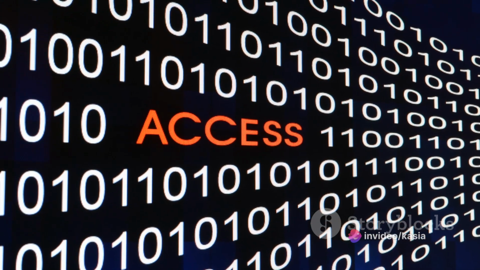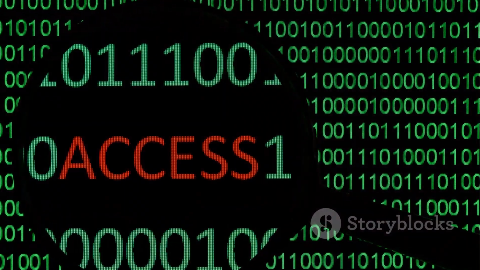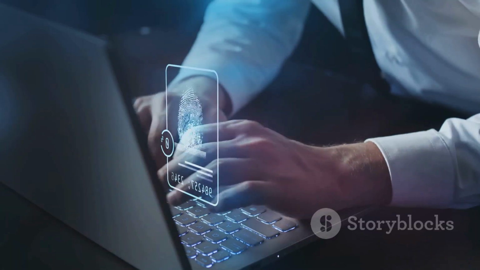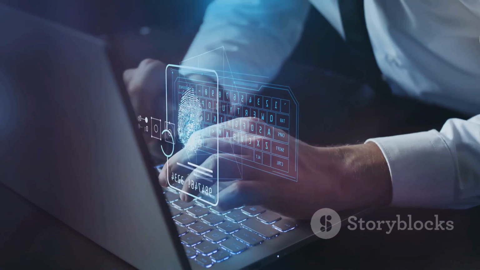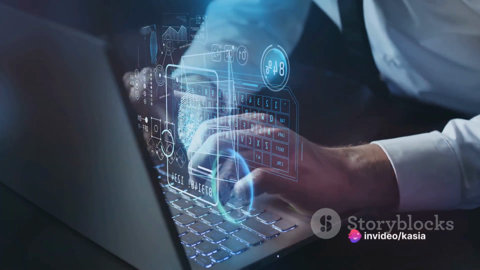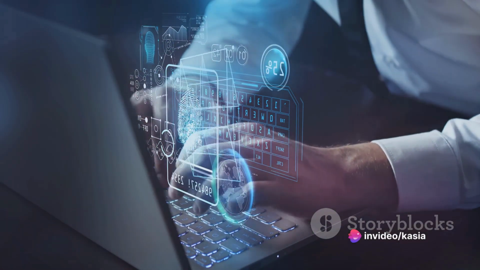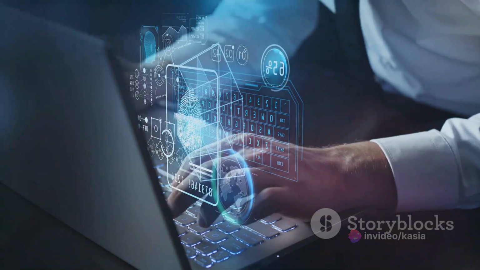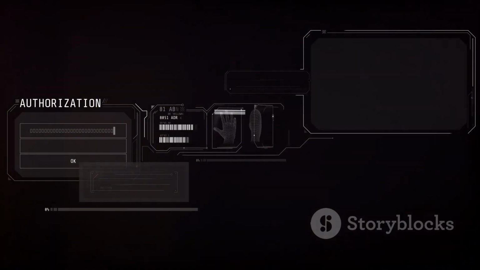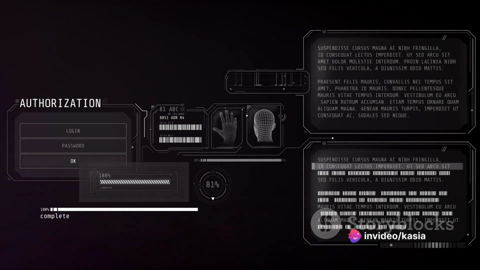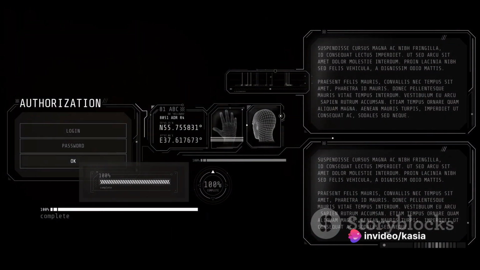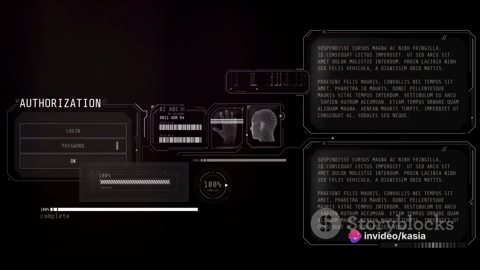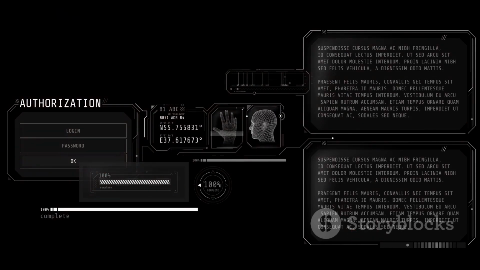Further, we unfolded the intricacies of advanced authorization techniques, including role-based access control and attribute-based access control. Role-based access control, or RBAC, assigns permissions based on roles within an organization, ensuring that users have access only to the information necessary for their roles. Attribute-based access control, or ABAC, is even more granular, using policies that combine attributes together, considering the user's attributes, the resource, and the environment before granting or denying access.